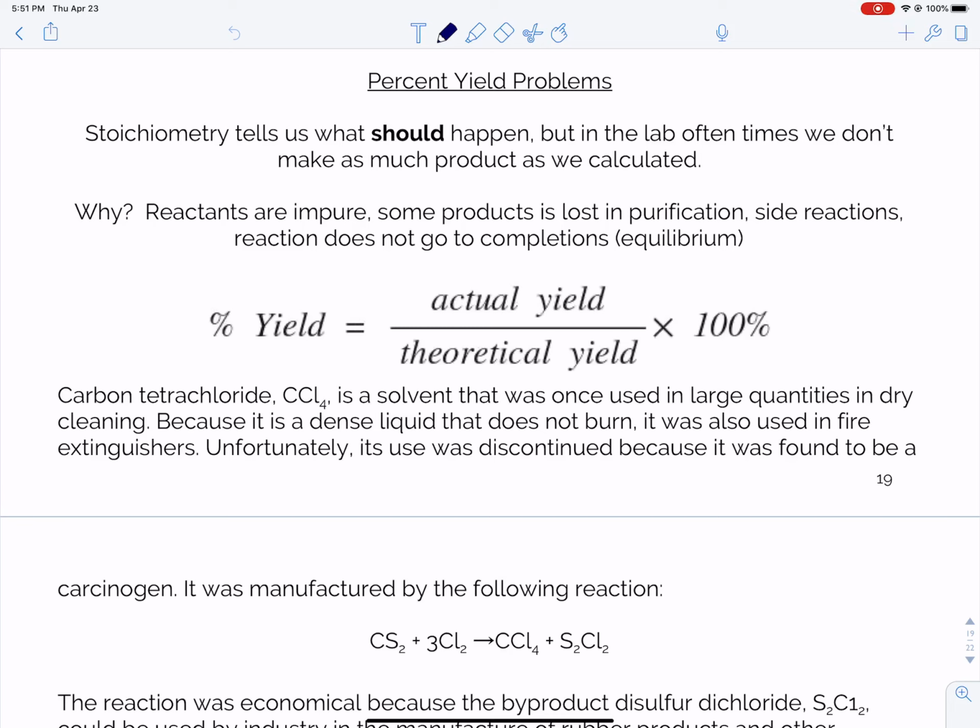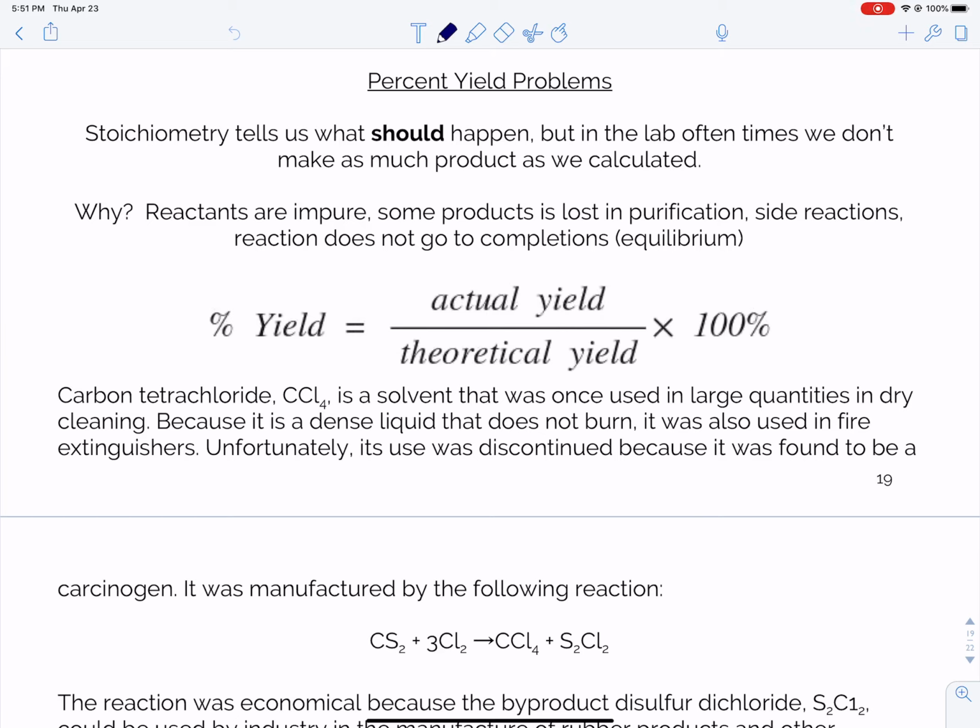Okay, so the final topic of the Stoichiometry chapter is on this concept of percent yield. And maybe because of our COVID-19 social distancing situation, you and your family may have been baking more. So the example that I always use when talking about percent yield is, if you're making a recipe for muffins